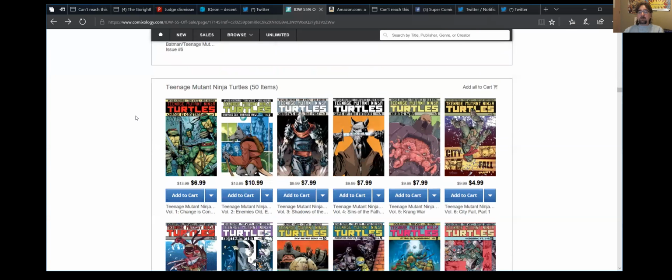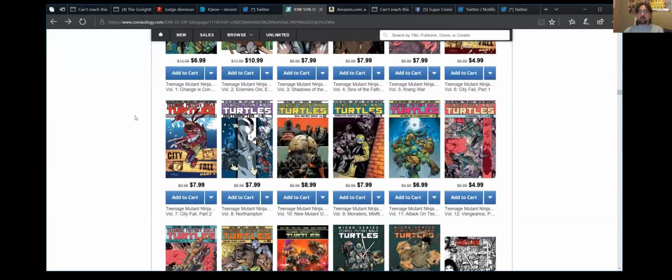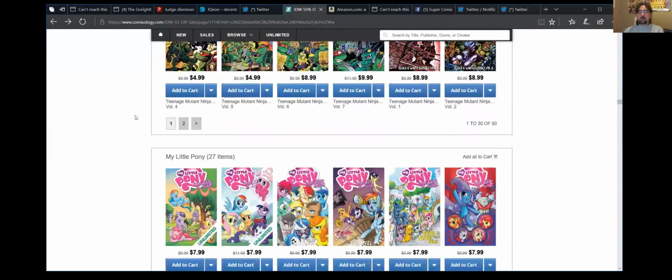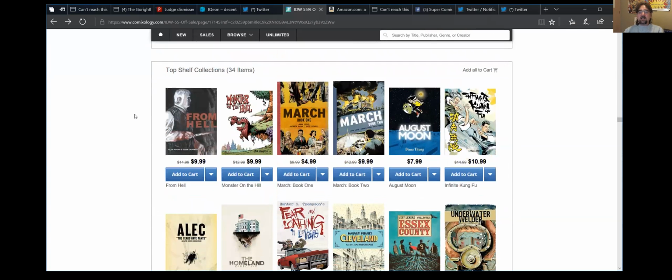I've never been a Turtles fan. The Turtles happened while I was out of the country, when I was in the Army in the 80s, and I came back and there were these things called Teenage Mutant Ninja Turtles. And I don't know, for whatever reason, I thought they were horrible. If you ever are out of the country for a little while, and especially back in the 80s,